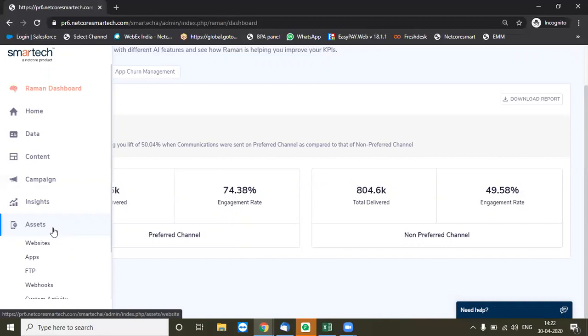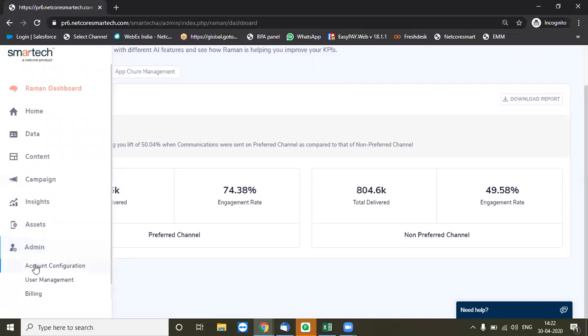The best part is we have our own infrastructure to relay back the reports on a real-time basis. So that's another advantage. Then there's an admin section which basically defines your user access control, your basic settings, your management on the security access, the billing part, etc. So we can observe that as well.